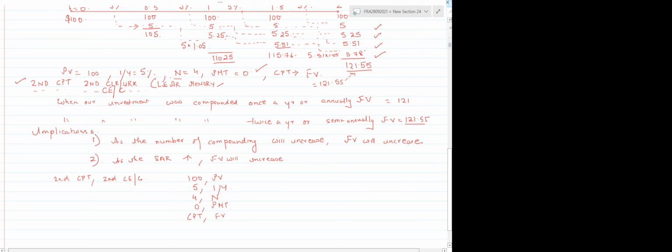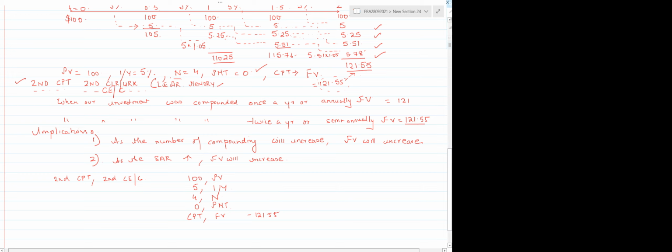What do you see? Minus 121.5506. So please remember this. We've got the answer, right? You need to get a hang of using the calculator. We won't be using formulas here because the CFA syllabus is so vast that we need to use the calculator more often, right? Using the calculator will help us get rid of a lot of formulas, right?